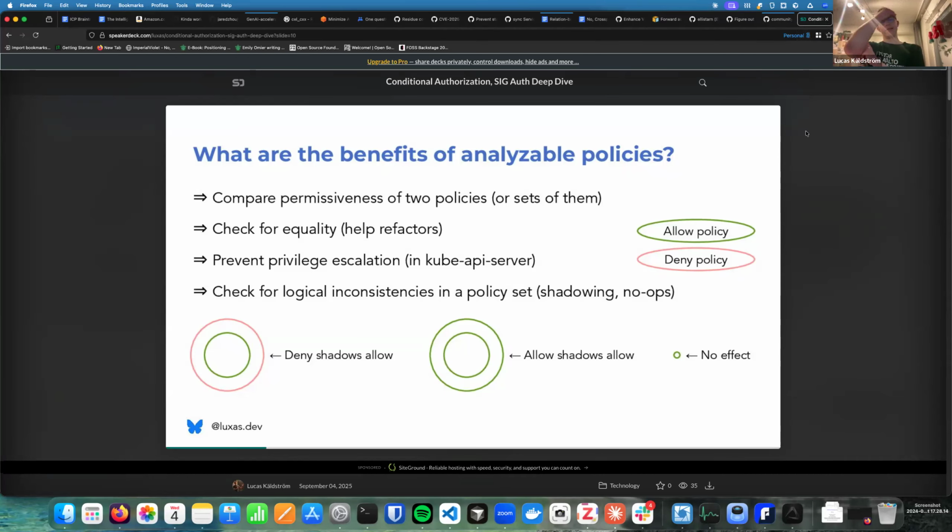But I think maybe, as I put it on the last slide of the presentation that I shared today, if we did some RBAC++ thing, most likely we would keep the core structure of what we have in RBAC already there. So you need to enumerate the resources, API groups, verbs and stuff like that. And if you want to match against star, as you said, then you need to write a star there so you don't forget about it, but you actually were intentional that this should have wide coverage.